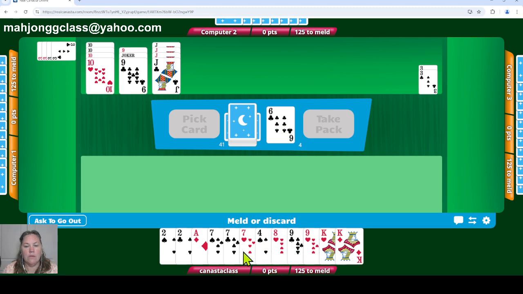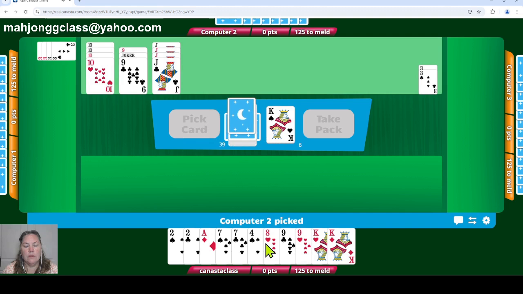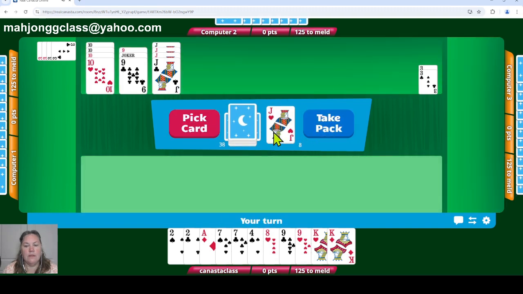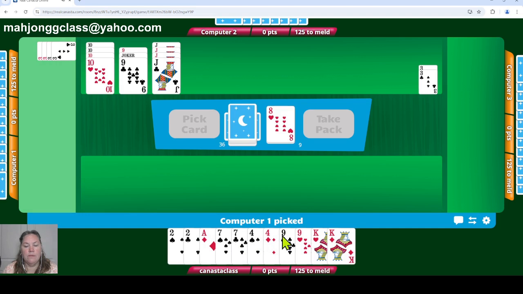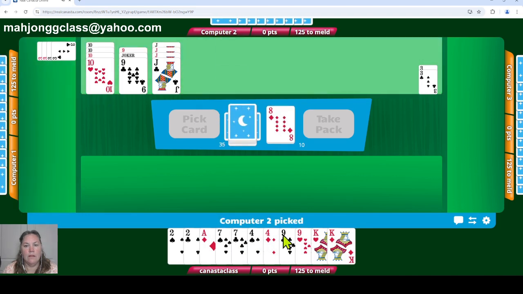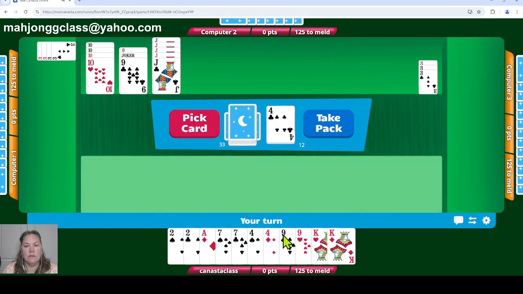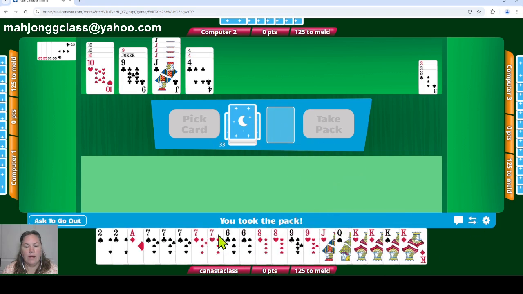I'm going to discard my 7. I only want to hold on to 2. That's 2 7s. Going to hold on to my pair. 3 7s, pair of 4s. I'm going to take it. Now I have a bunch of 7s I got to get rid of, so I still want to hold on